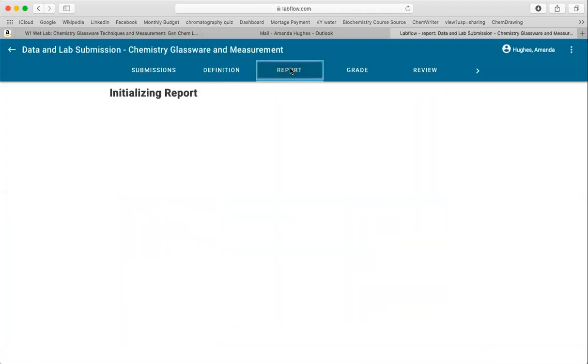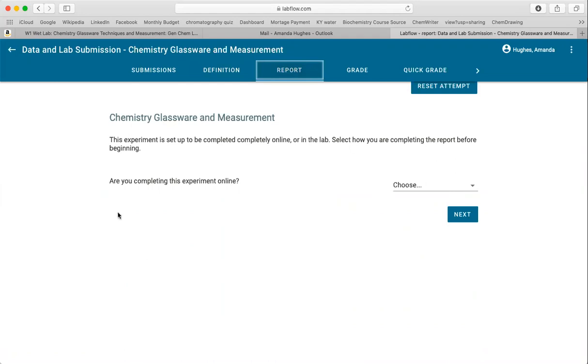And you should come to this screen that looks something like this, which is where you're going to be submitting your data. I will show you first how to submit data if you collected the data in person, and then I will show you second how to submit your data if you missed lab or if this is a virtual experiment. So if you were in lab on Wednesday, collected the data, and you're ready to submit your data, for